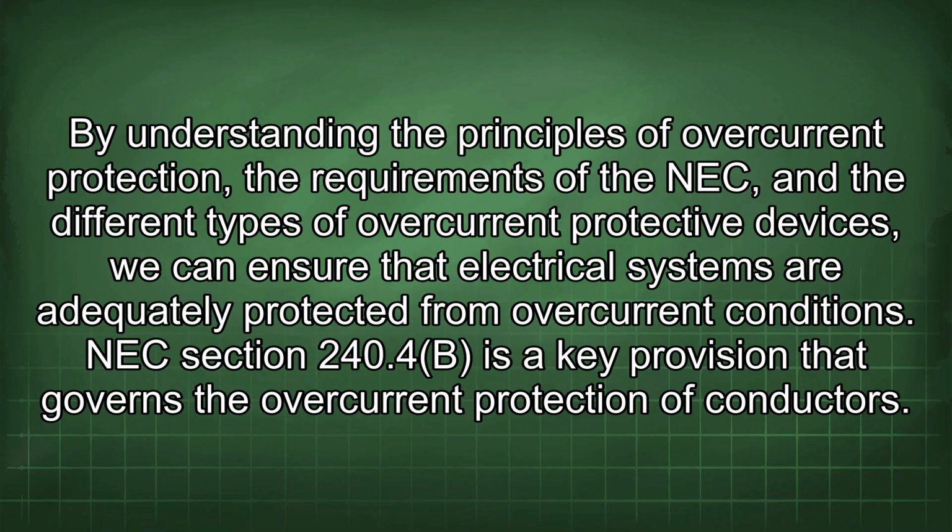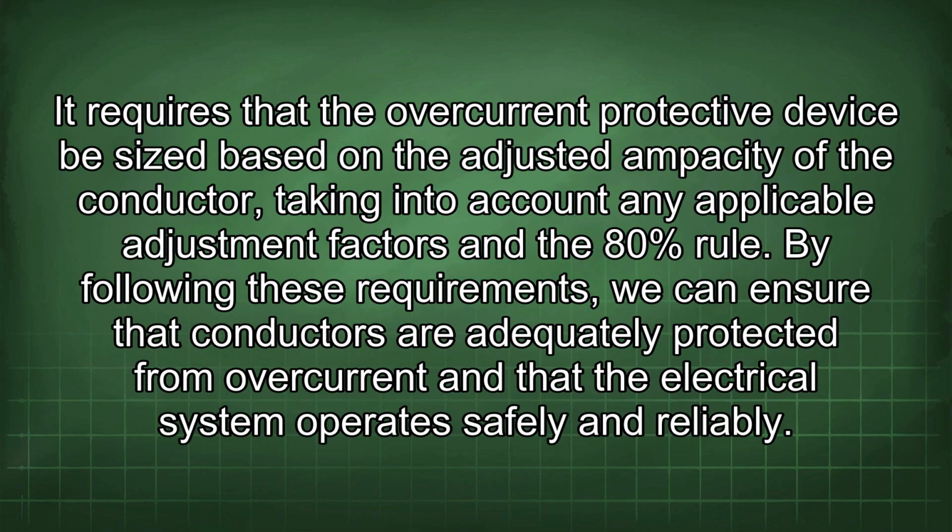NEC Section 240.4(B) is a key provision that governs the overcurrent protection of conductors. It requires that the overcurrent protective device be sized based on the adjusted ampacity of the conductor, taking into account any applicable adjustment factors and the 80% rule. By following these requirements, we can ensure that conductors are adequately protected from overcurrent and that the electrical system operates